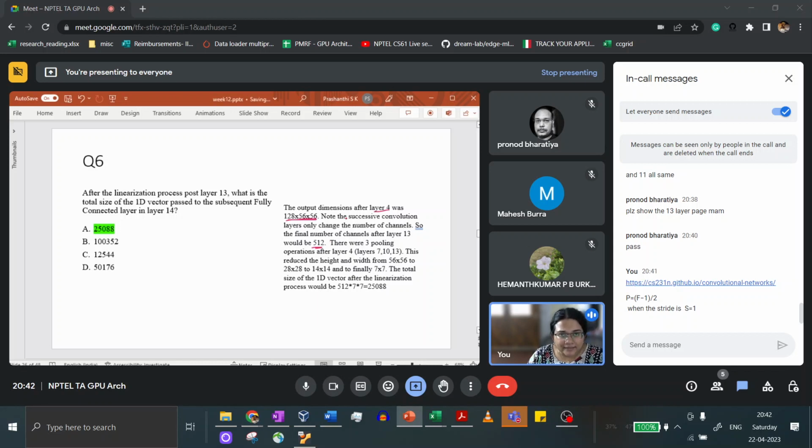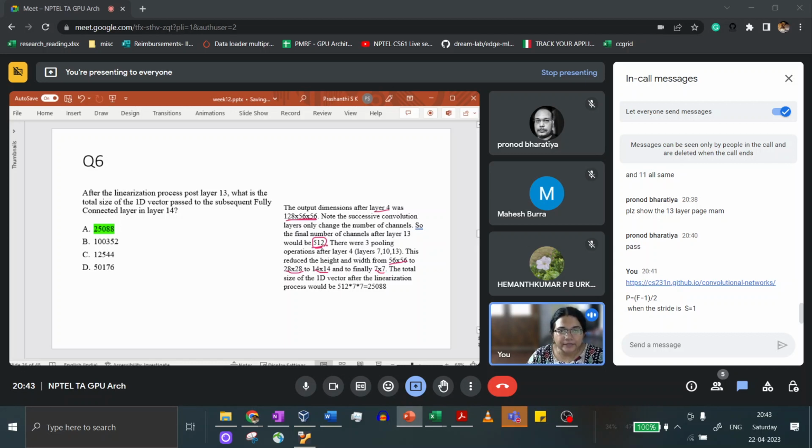Another thing that the answer does, interestingly, is to interchange the operations, to cumulatively calculate. You can also do that. Here they talk about the convolution layers first. The convolution layers do not change the image dimensions at all. They only change the number of channels. So finally your number of channels would be 512, and the pooling layers do not touch the number of channels. So you can do the pooling operation separately. There were 3 pooling layers. So this 56 cross 56 would go down to 28 cross 28 in the first pooling layer, 14 cross 14 in the second, and then finally 7 cross 7.